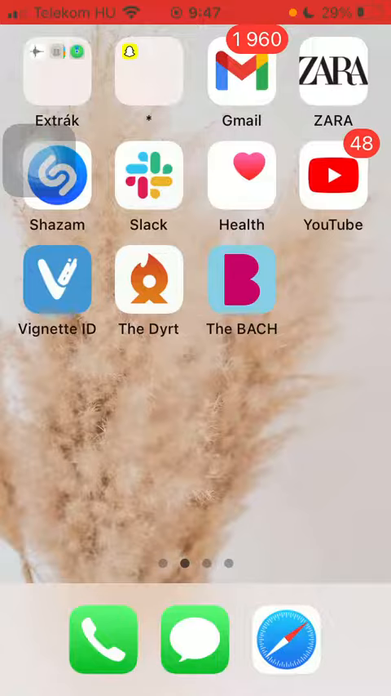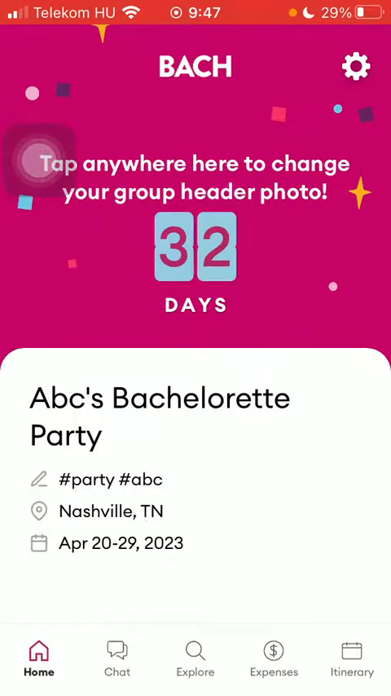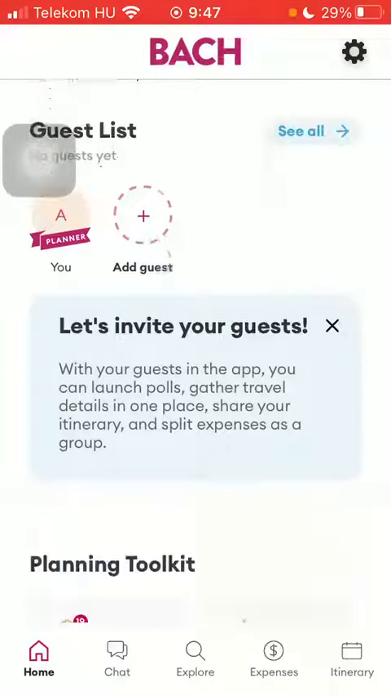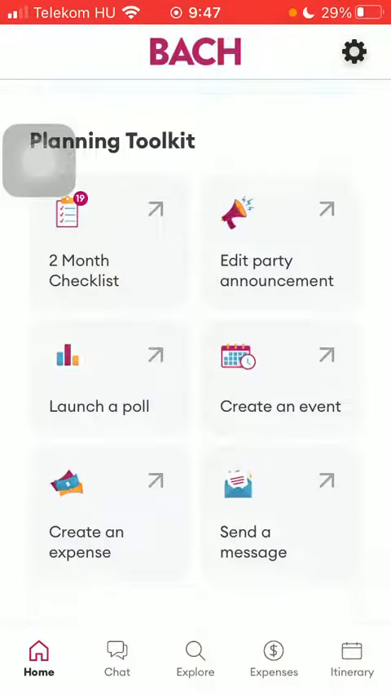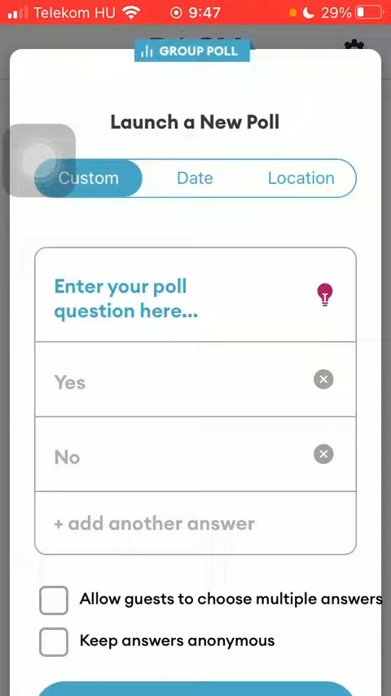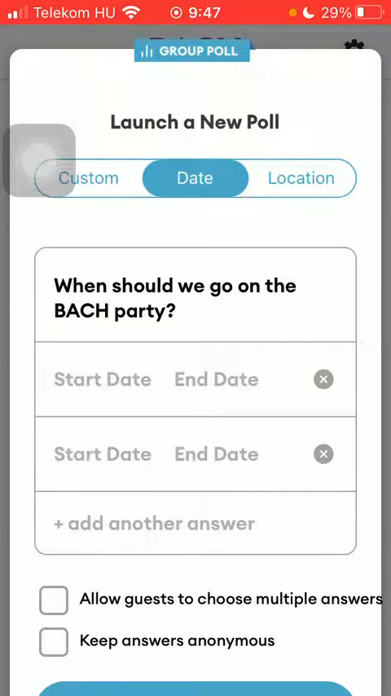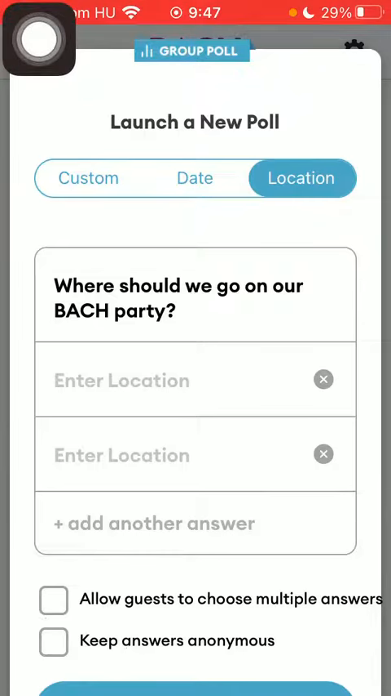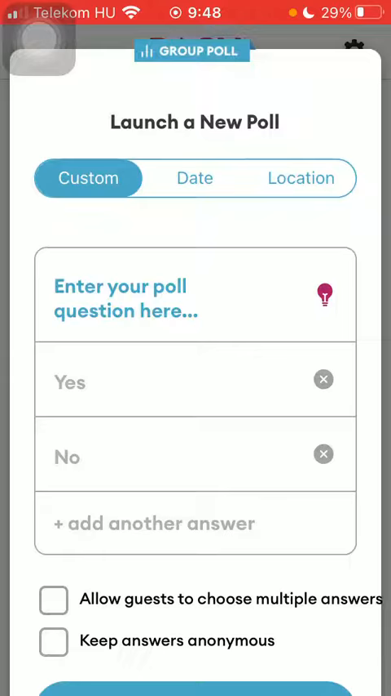First of all, open the application on your phone. After that, click on the home button down below and then scroll down to the planning toolkit section and tap on the launch a poll button. Here you should select from these options at the top: custom, date or location. So these are the three groups that you can select from based on the topic of your poll,